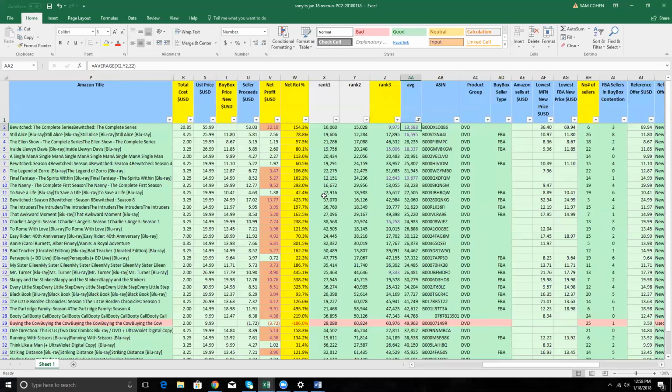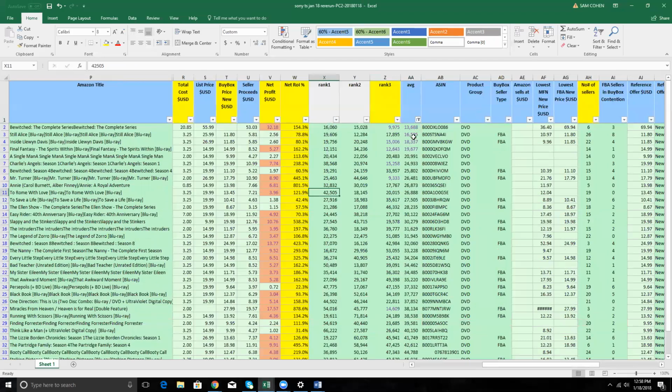I see the trend, or let's say I do it over the course of a week. So instead of just back-to-back days, I see the trend is going up or the trend is going down. I can make a little bit more accurate decisions on what quantity I want to purchase based on this data. Plus, I have more accurate information on the net profit and ROI in case the market changed. So when I look at the average rank over time, over these 3 dates, I have now less items that I'm willing to purchase because